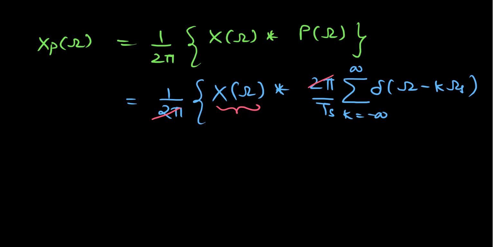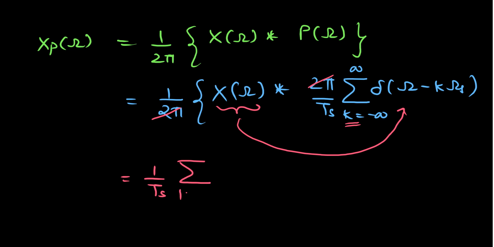Moreover, this X of omega is constant with respect to this k, so we can just shift it inside. So what we have is 1 by Ts summation k running from minus infinity to infinity X of omega convolved with delta of omega minus k times omega